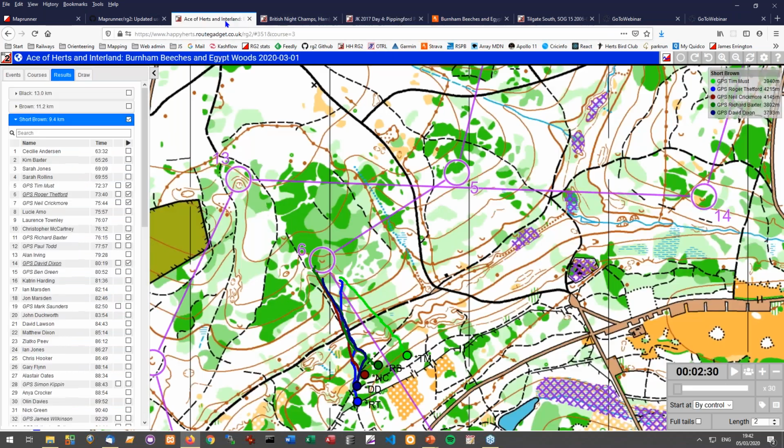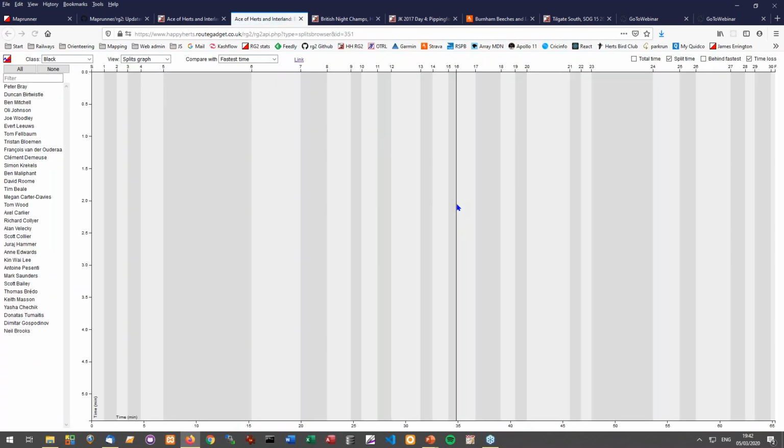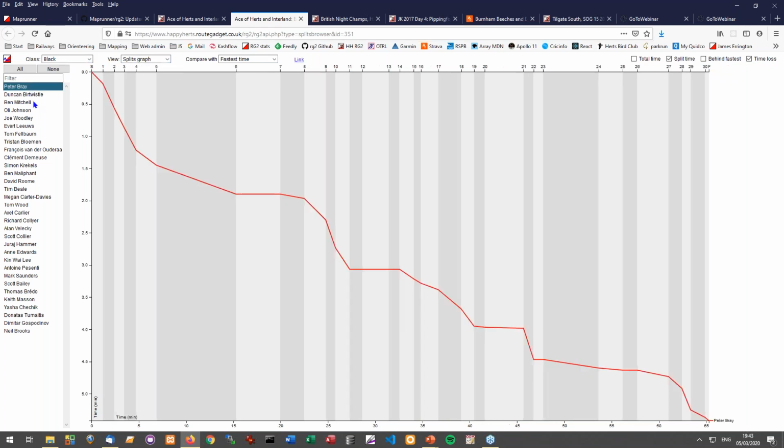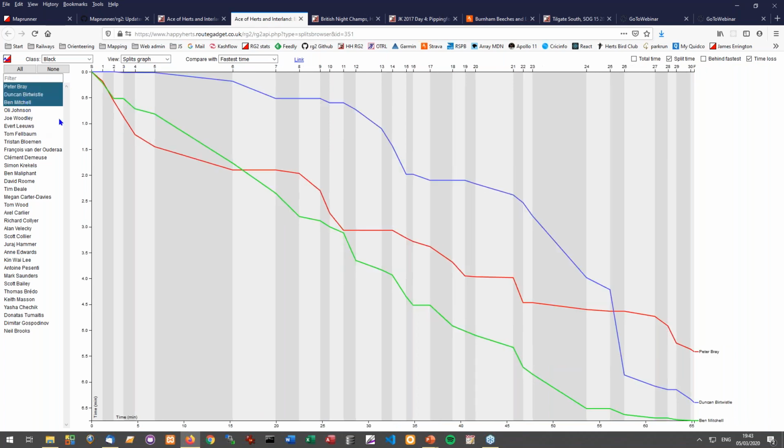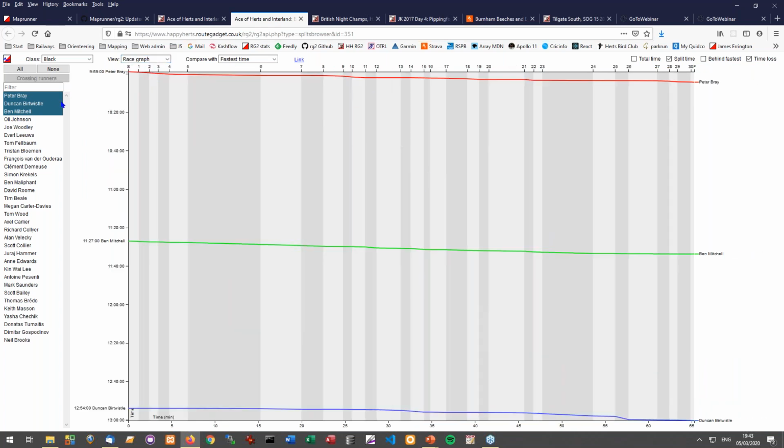The one final thing I was going to talk about is Splits Browser. So the button up here, this icon, takes you to Splits Browser. And again, I'm sure many people have found this. So Splits Browser is just more of these analysis functions and graphs, so you can see how people are doing and whatever. I know many people spend hours playing with this. And you can see race graphs.